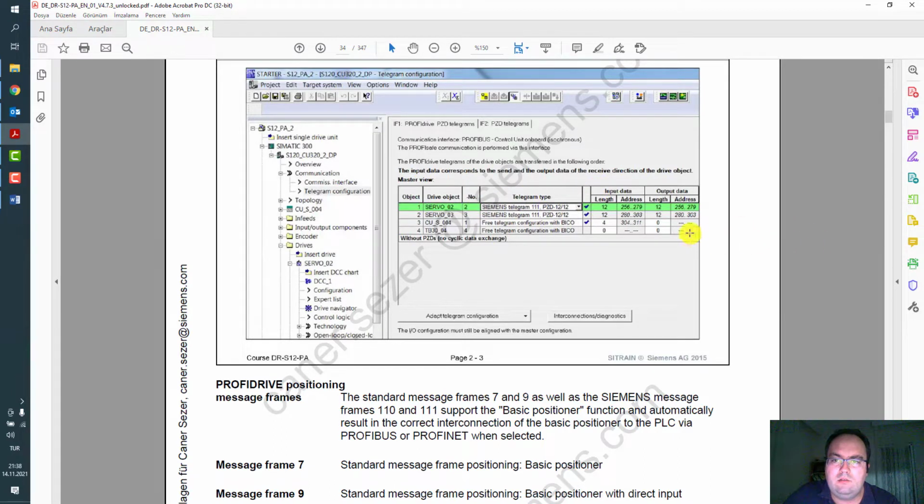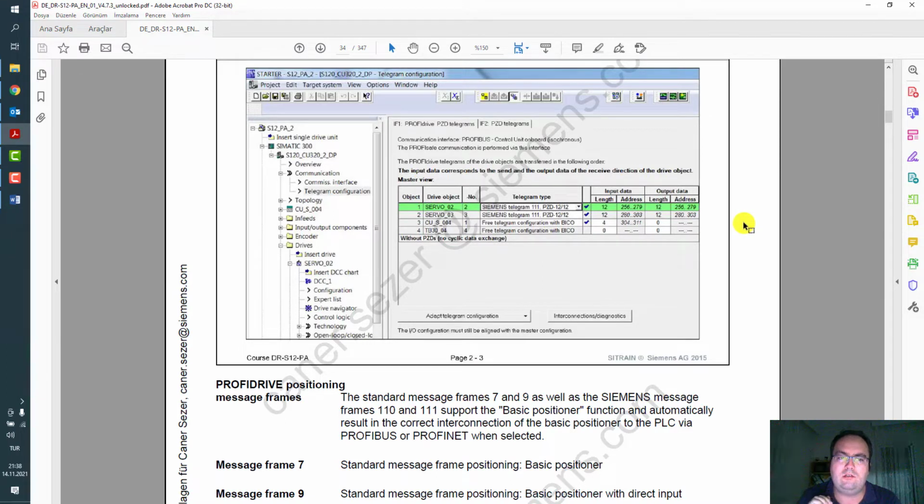That means 12 words as input and 12 words as output data between SINAMICS and the SIMATIC PLC.